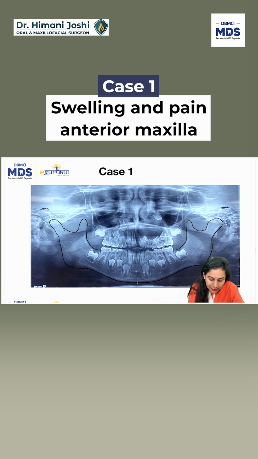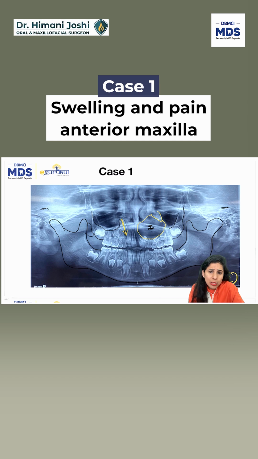So I start tracing the maxilla. Okay, this is the tuberosity. These are the sinuses looking normal. Teeth, this is normal, this is normal, this is normal, but there is something wrong in this region. Why? Because the canines erupt like this. If you see, the canine of this side is rightly erupting like this. But the canine of the left side, because I can see here L is written, is kind of placed high up. And near the canine, I can see an abnormal radiolucency, which is this.